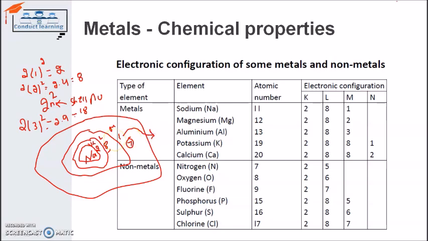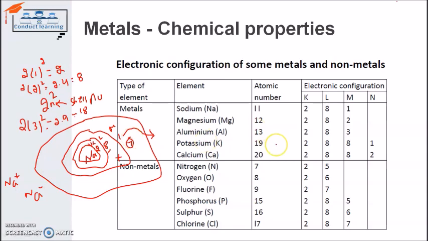If it gives its 1 electron to another element to get stable, it will have a positive charge on it. Sodium will become Na positive. On the other hand, if it takes 7 electrons to get stable, it will have a negative charge. So in this way, it can have a positive charge and it can also have a negative charge. But usually sodium has the positive charge. Why? Because it is very easy to give 1 electron rather than to take 7 electrons to get stable. So that's why sodium usually has a positive charge.